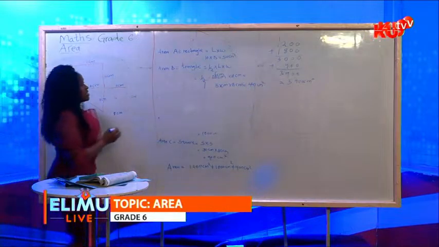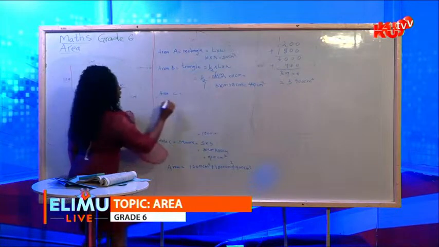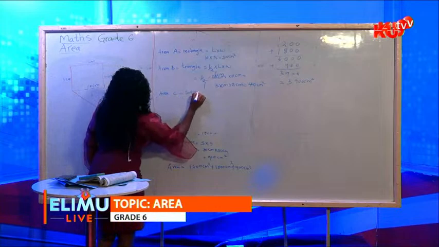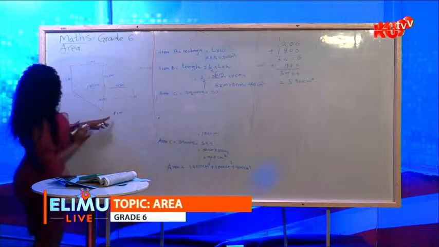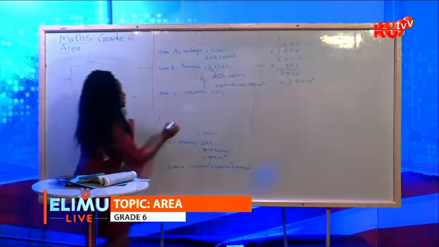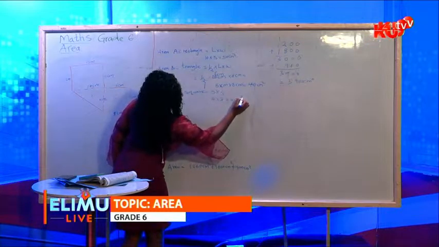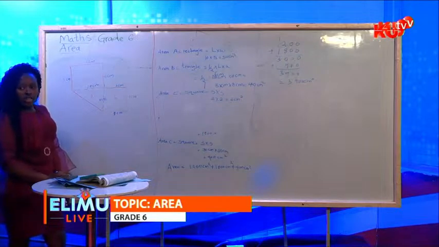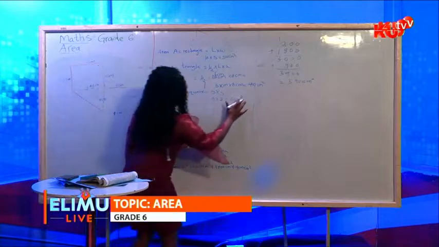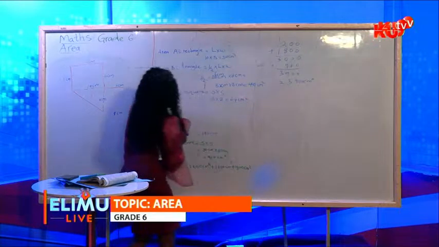Finally, we find area C, which is a square, and a square is equal to side times side. So we have this side and the other side. It is 8 multiplied by 8, which is equal to 64 centimeter squared. So to get the total area,